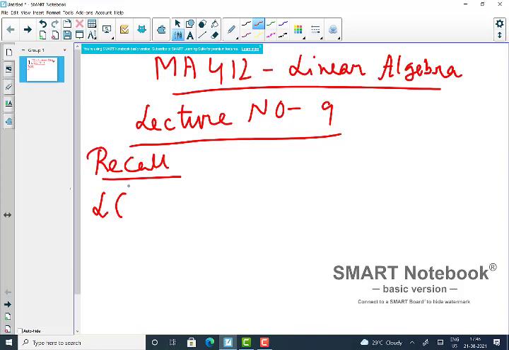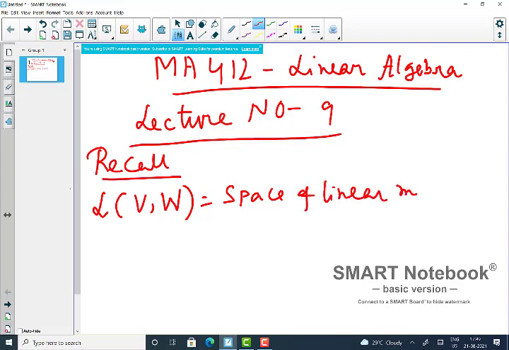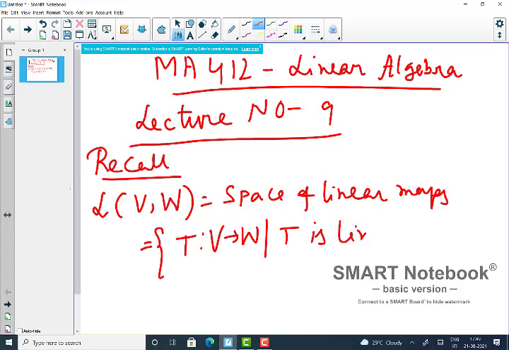The space of linear maps is the symbol L(V,W), which is the collection of all linear maps T from V to W, where T is linear. Then we showed that this forms a vector space with respect to addition of two linear maps and